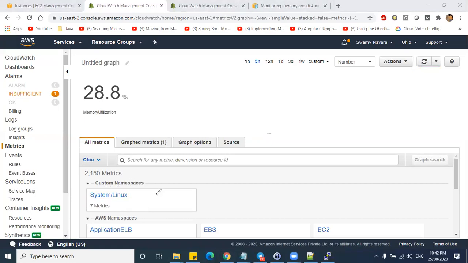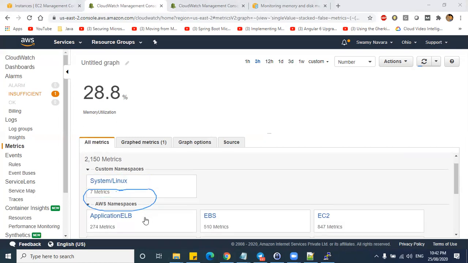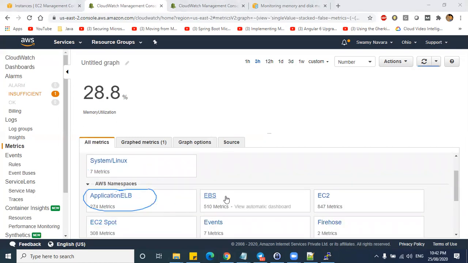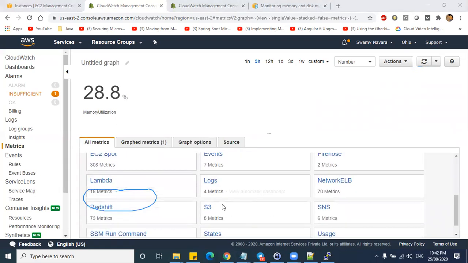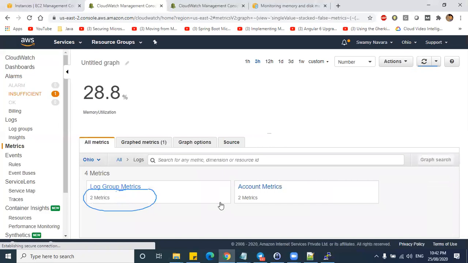In a similar way, we also have other things, for example application elastic load balancer, EBS volumes, EC2 services and EC2 spots, events, Firehose and other things, right? You can select a metric for anything, either it can be a log or S3 or any service in AWS. So this is what metrics are.